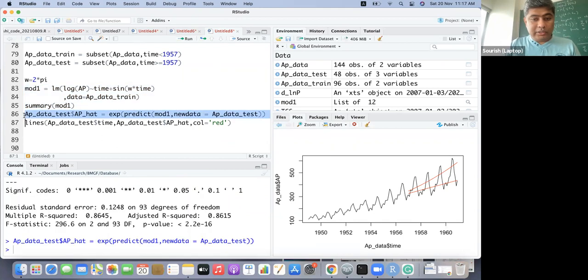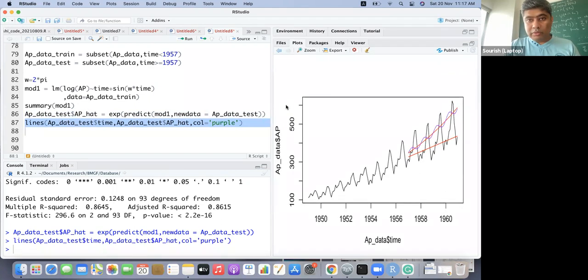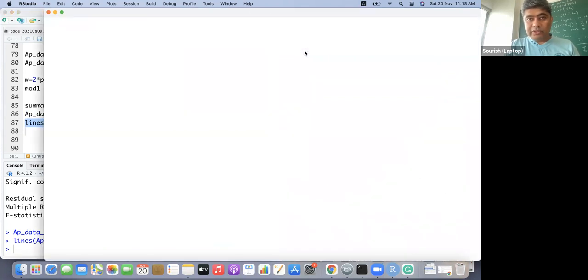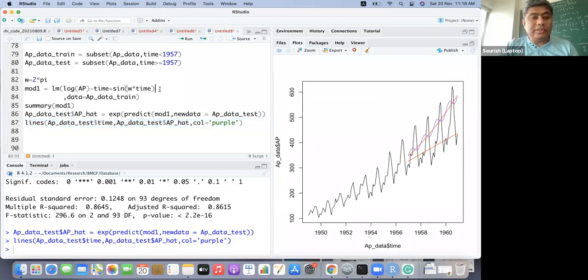And we can just plot that with maybe purple. It's trying to capture something of the seasonality, but it's not doing so well. So let us add cos to that.